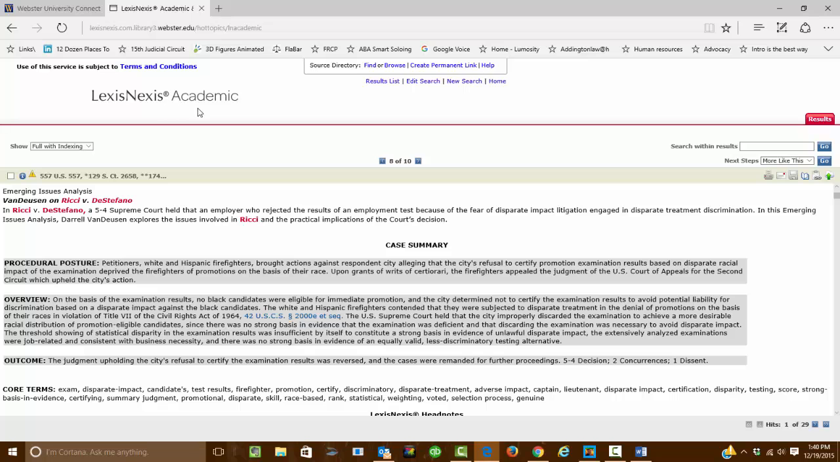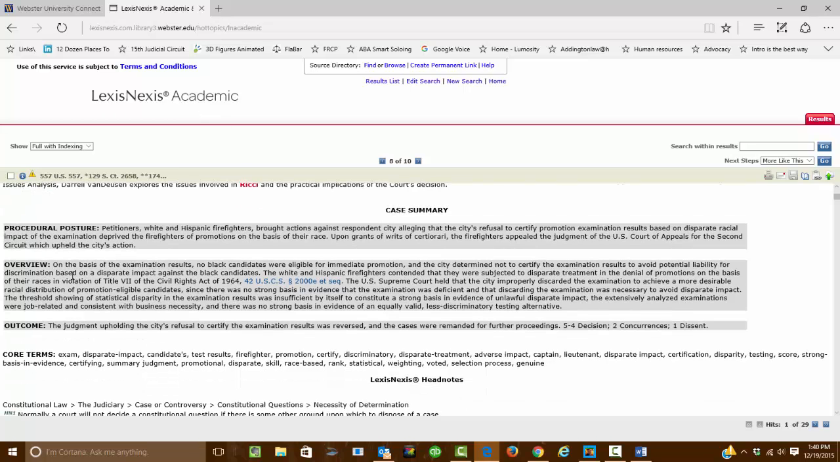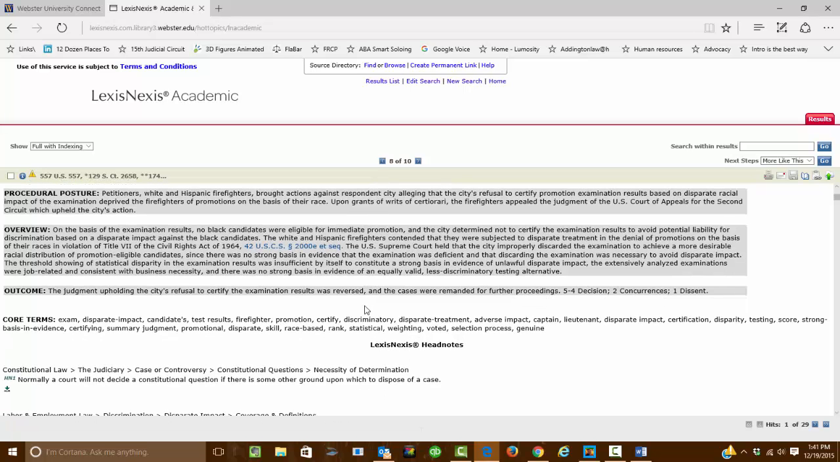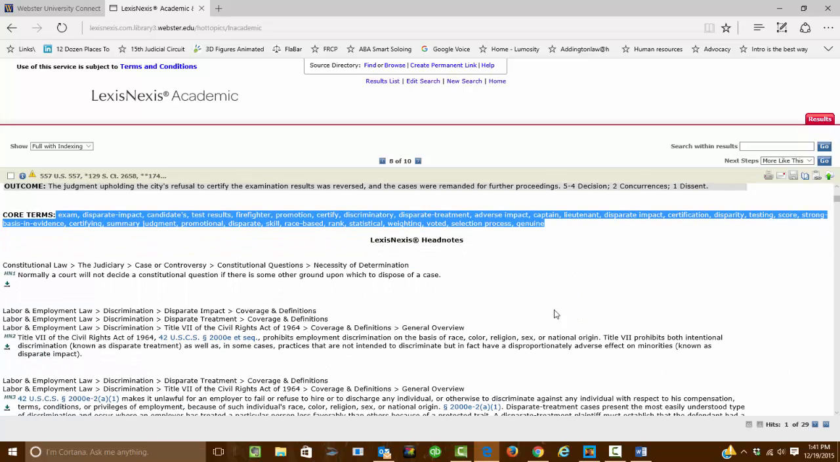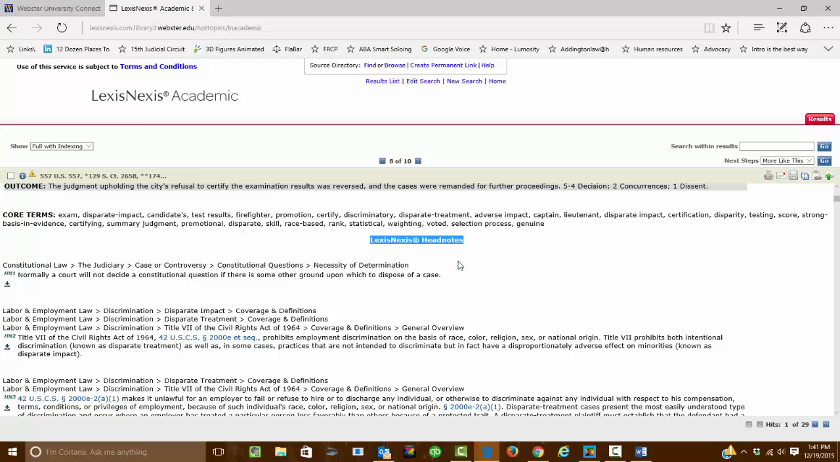LexisNexis has legal editors that read these cases and then describe briefly the procedural posture, an overview of the issues, and the outcome. So real quickly you can have a feel for: is this the right case? Are they discussing the right things without having to examine the entire case to do so? It also pulls out core terms, so you know these are the things that the case is analyzing and looking at. And then it has something called headnotes, which is an amazing, wonderful, and powerful feature because it categorizes